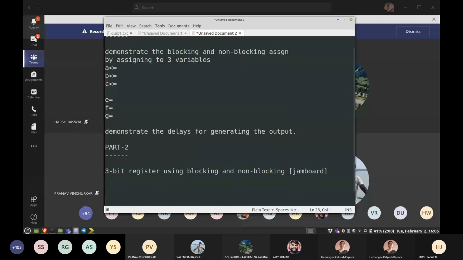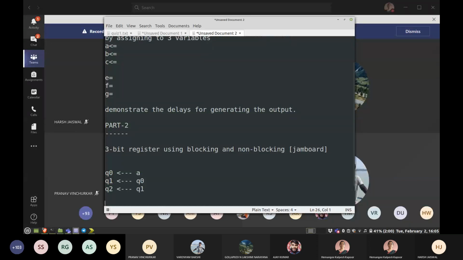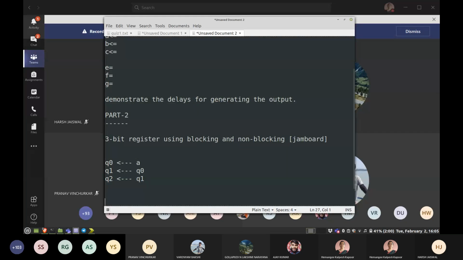Okay. So there you have the Q0. Q0 gets the data from A. Then Q1 would get the data from Q0. And your Q2 would get the data from your Q1, right? So these are the 3 assignments which you have to do. Again, blocking assignment, non-blocking assignment, both the variations you have to try. And also change the order. Suppose I put Q1 before the Q0 being assigned, what happens? So try all these variations and then submit it to the TA, because the TA will ask you if I change the assignment, then what happens and so on. Okay, so that's your part 2, which is a small extension of your part 1.